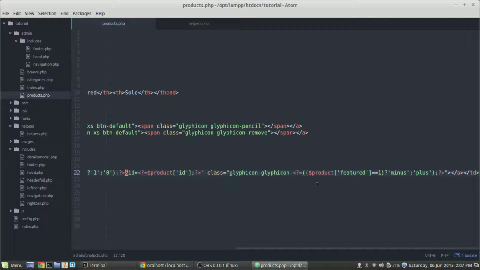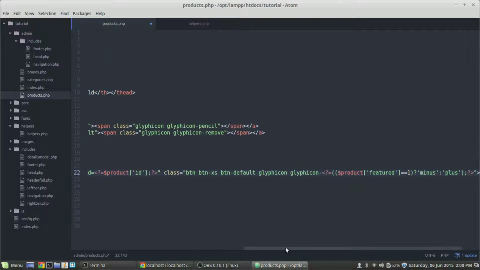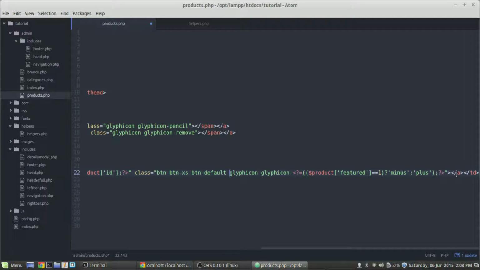You know what we kind of did wrong? Well, what I did wrong here is we want the button to have a class of button, button extra small, button default. Okay, and then what I want to do is inside of this anchor tag right here, this gets a span,